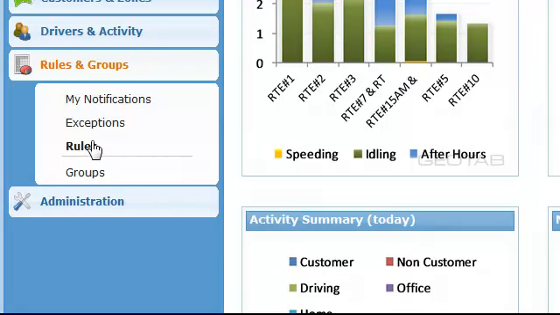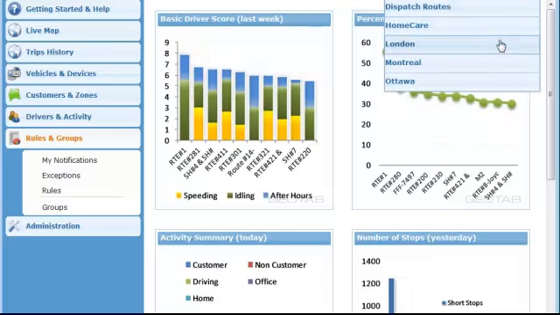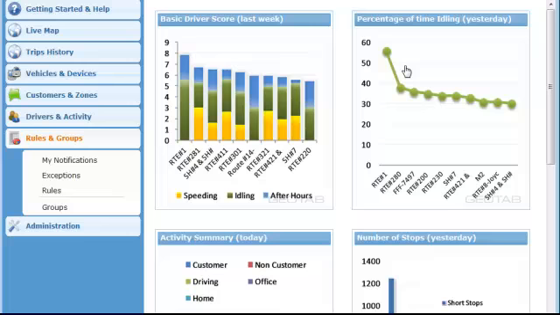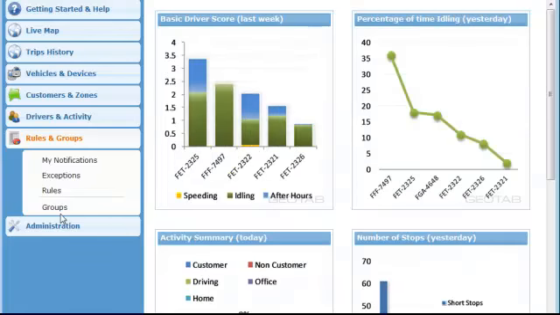Under rules and groups, you can set up organizational groups, and this is particularly useful when you have a large fleet, maybe organized into different territories or different business functions, where you also set managers and supervisors to manage those territories and business groups. Under here you'll notice I've set up some groups, organized into territories, and you can see my dashboard update as I'm going into my various groups as well,